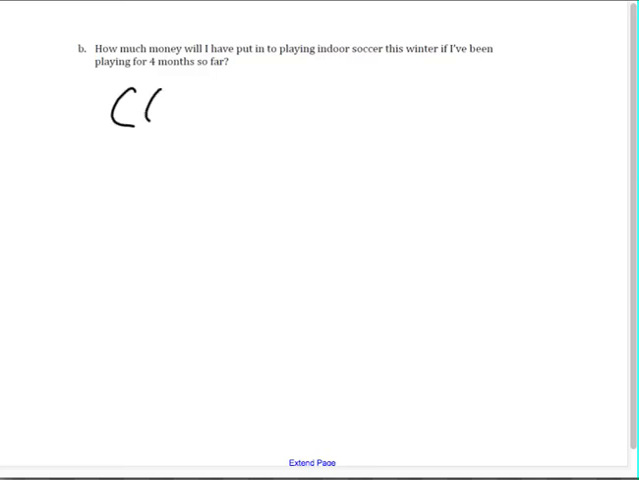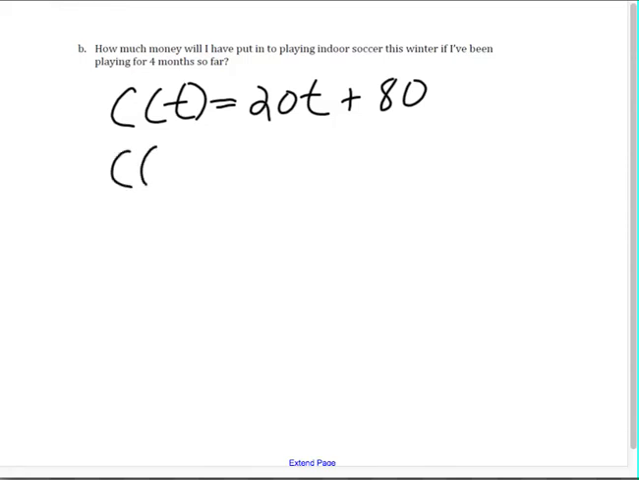Right, okay, same exact equation. C of T is equal to 20T plus 80, and I'm asked, how much money will I have to put in to playing indoor soccer this winter if I've been playing for 4 months so far? So what am I given? Time or cost? 4 months. Clearly time. So C of 4,